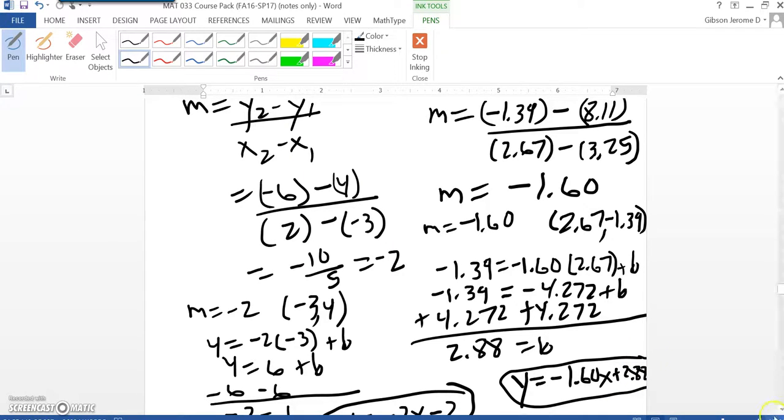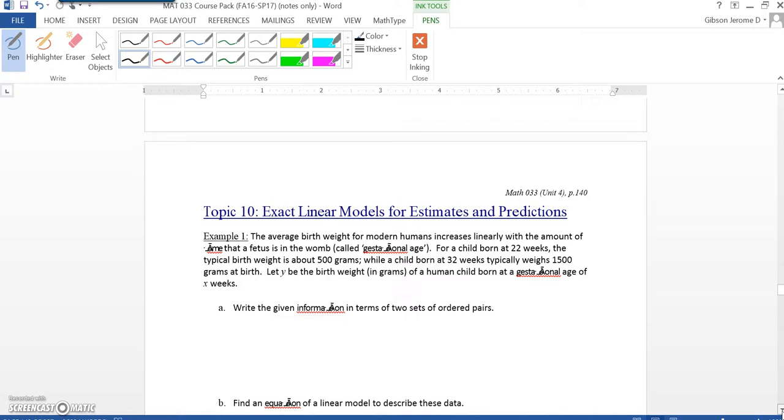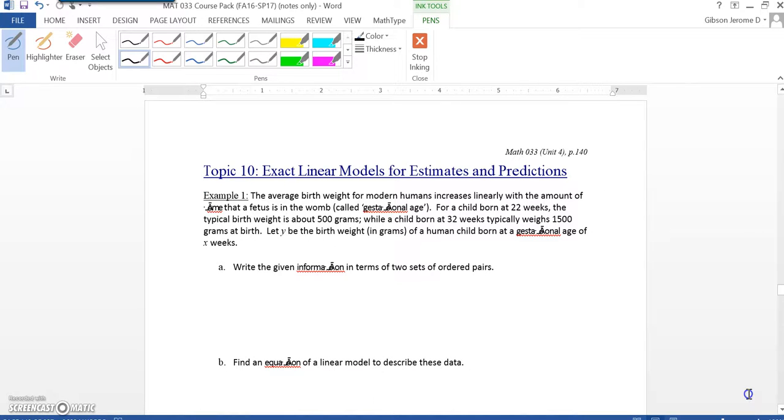Now, keep on moving here. We can actually start topic 10. Topic 10 is linear models for estimates and predictions. It says example 1, the average birth weight for a modern human increases linearly with the amount of time that a fetus is in the womb, called gestational age. For a child born at 22 weeks, the typical birth weight is about 500 grams, while a child born at 32 weeks typically